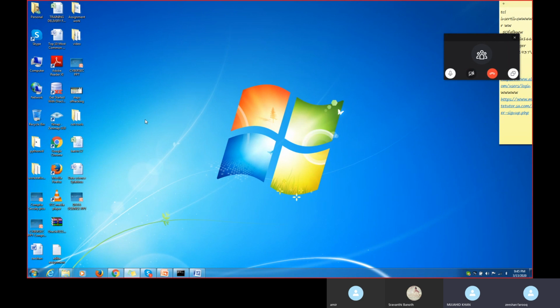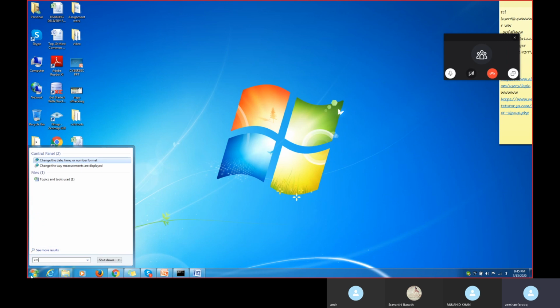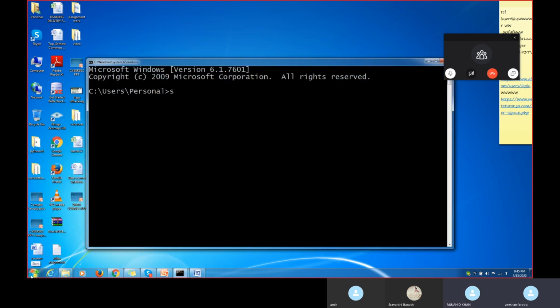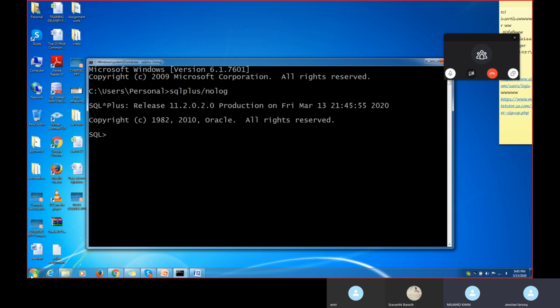I am in the SQL. Okay, first thing, type CMD for command prompt, and type SQL plus slash nolog. Did you type this command, sqlplus /nolog? Yes, I'm in there. Now after I did my work, do I have to type exit or just close that? Just simply close that one. Open a new command prompt, and then type this command. Close all of them and open a new command prompt.